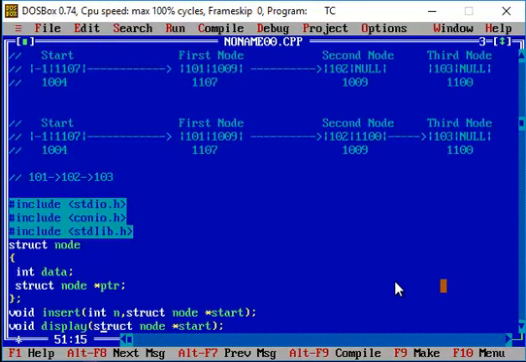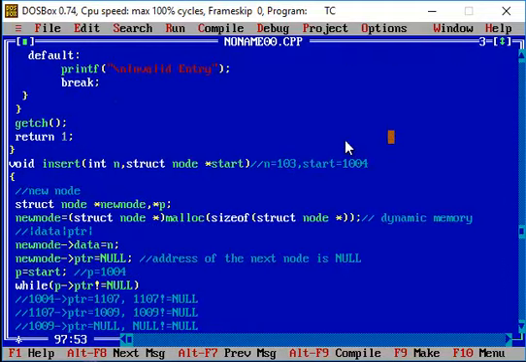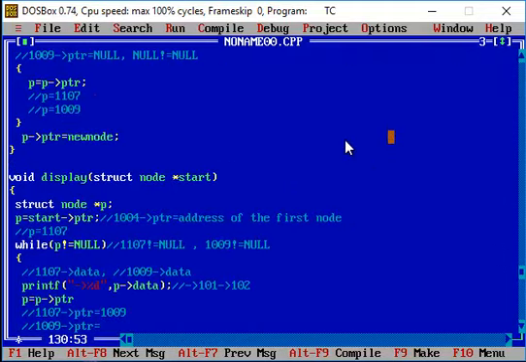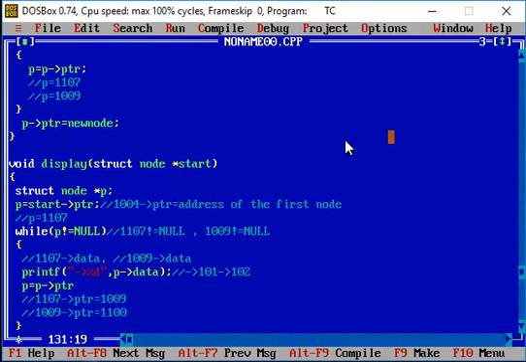In 1009, the address field is 1100. This value 1100 will be assigned to P. So P now has the value 1100, and this will be checked that it is not equal to null.